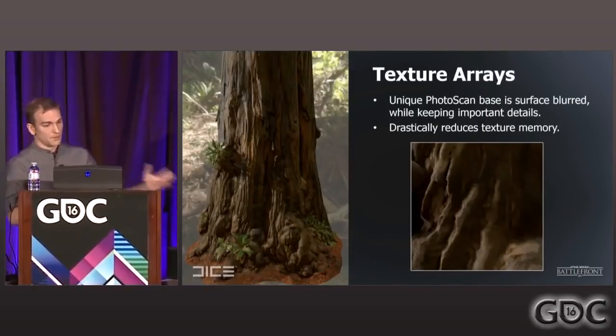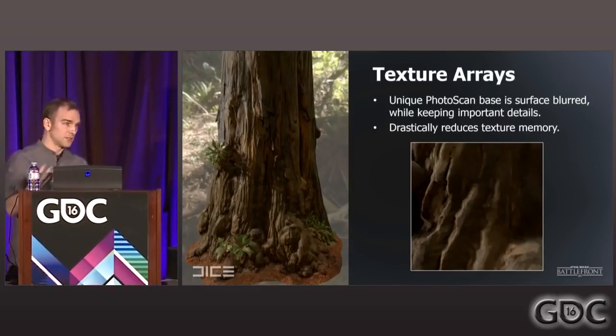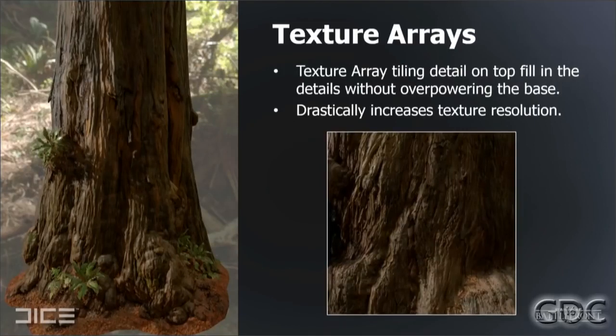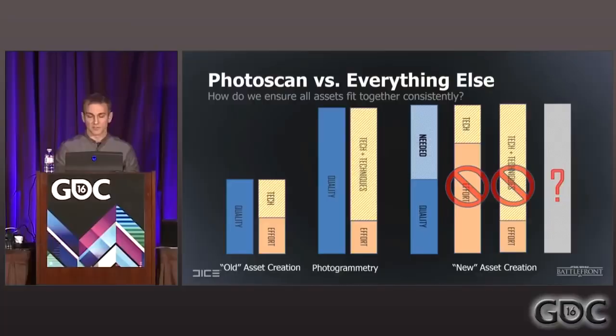And this is an example of how that works. In Photoshop, we would blur out the surface detail, removing the high frequency detail and keeping the important low frequency detail. This is the zoomed in shot of that low resolution texture. Quite low resolution, quite a savings in texture memory, because again, we were at like 512 texture sizes. And then here is with the detail map over top. We would actually source this detail normal texture from PhotoScan source as well. So we're scanning bark to get our normal map that we would be tiling on top for these details. So great increase in texture resolution with very minimal impact on our texture budget.